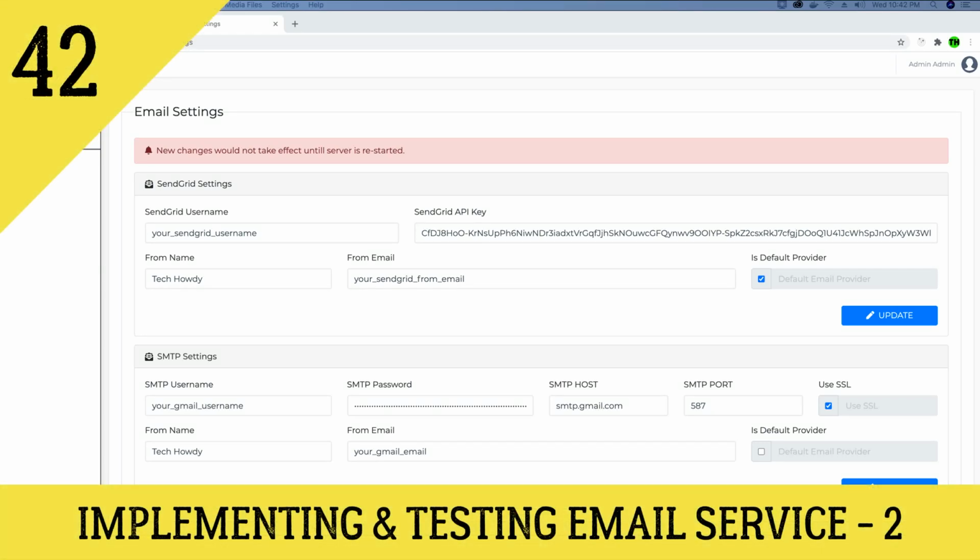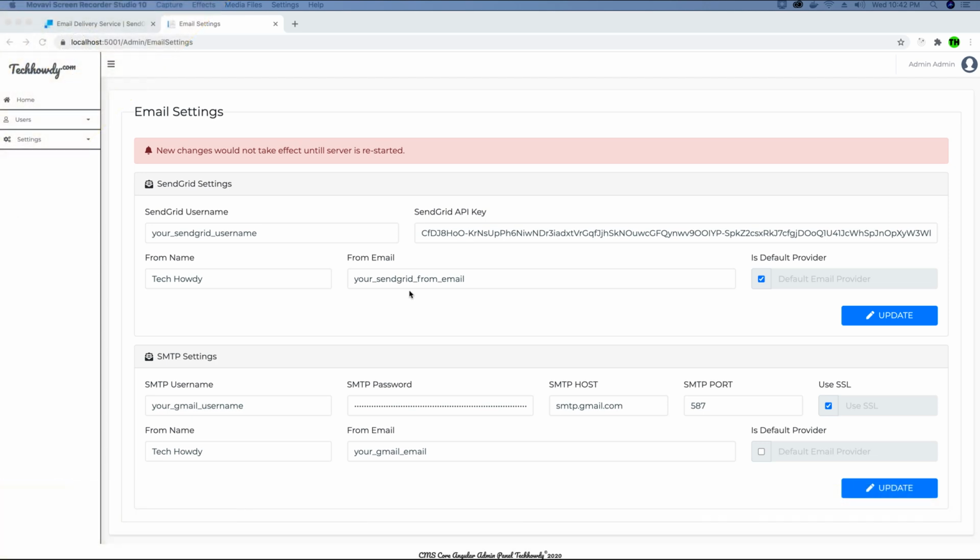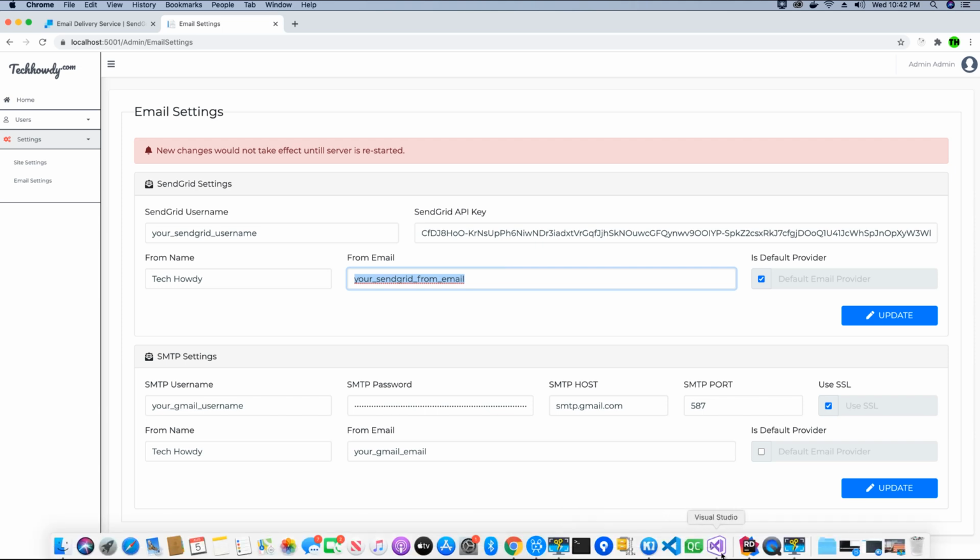I've come to another video tutorial where we are building this CMS application using ASP.NET Core 3 and Angular 10. In the last video tutorial, we were working on the email service. We have created the email service and we have implemented the UI to make changes to our email settings in the admin panel. We tested this UI by changing the values, and the values then get updated in the app